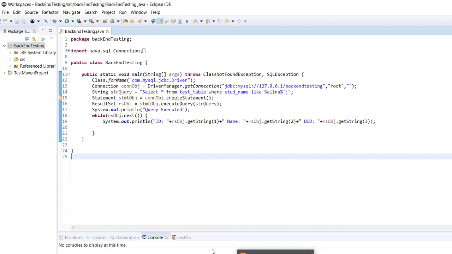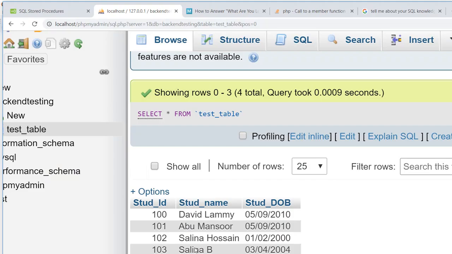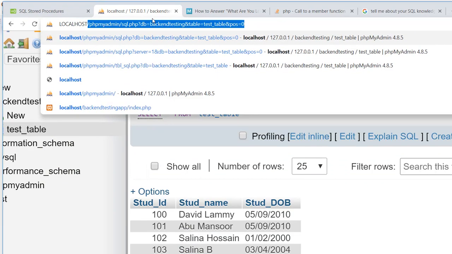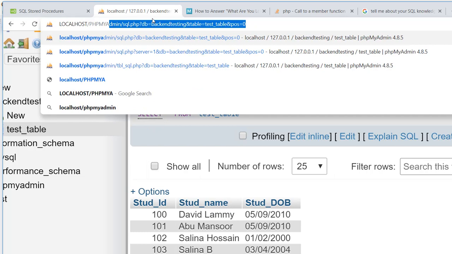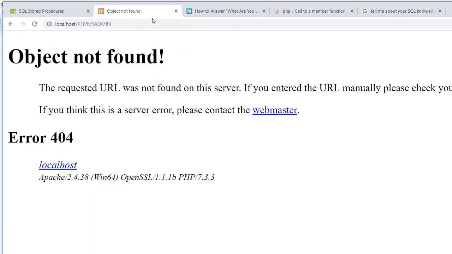During our last session, we installed the Jump server, and by the Jump server we saw that we can go to localhost and then phpMyAdmin. If you go there, localhost phpMyAdmin,